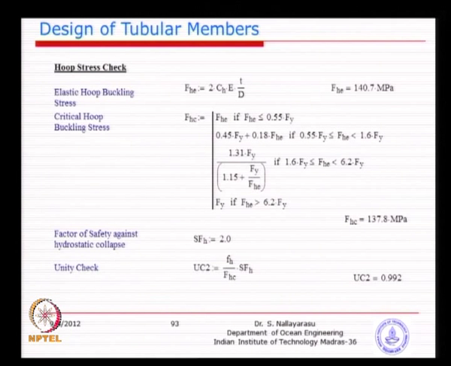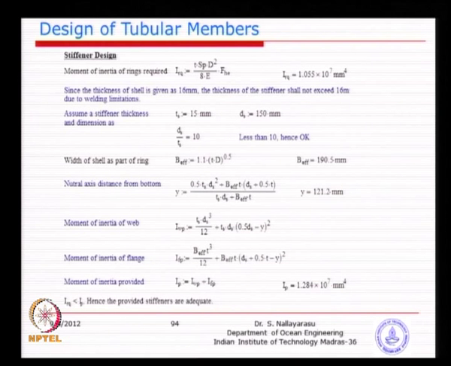But what we now need to see is, for the 2 meter spacing, what stiffener is required. If you stop here, only half the answer is there, the remainder has not been done. So, for that 2 meter, you have to go and look at the stiffener design, because we have assumed that every 2 meter the cylinder is stiffened by rings which are capable of taking the buckling loads.